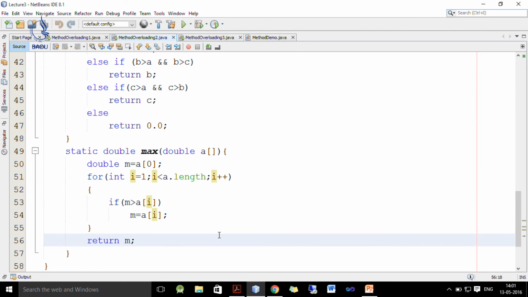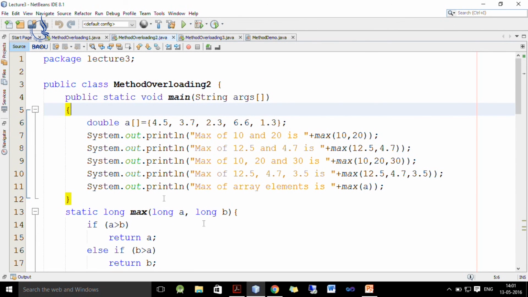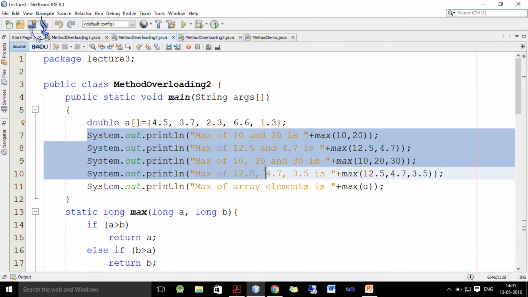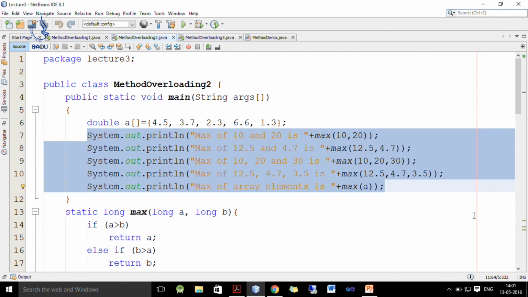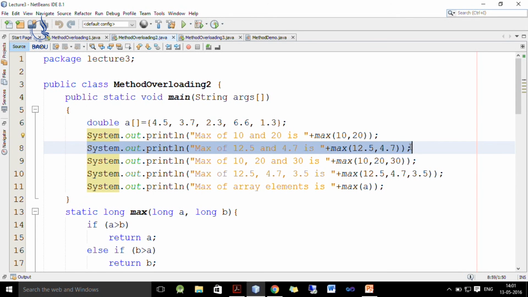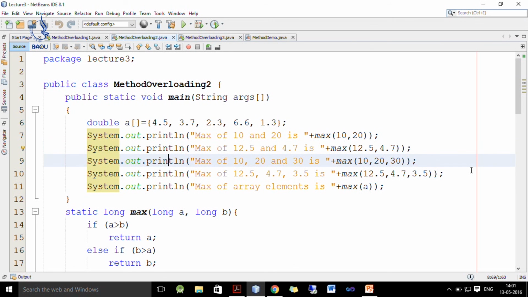Now, to check whether it works properly or not, we write the main method. Here A is an array of type double and we call all these methods one by one. In the first System.out.println it will execute max with long parameters, because we write 10 and 20, which are of type long. In the second case it executes the double definition, since we have passed two double values inside max.